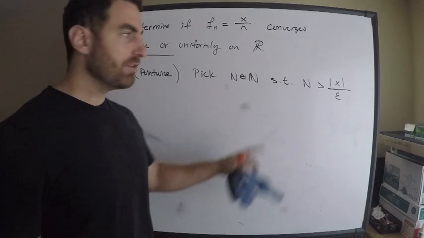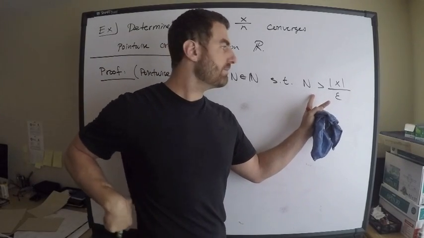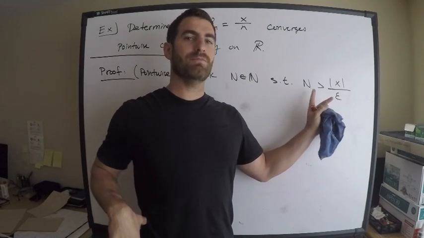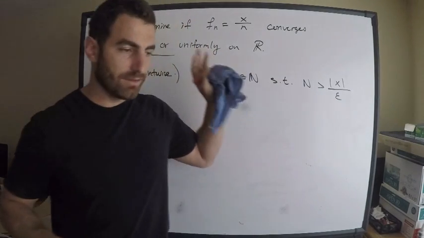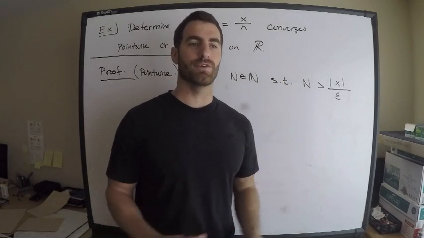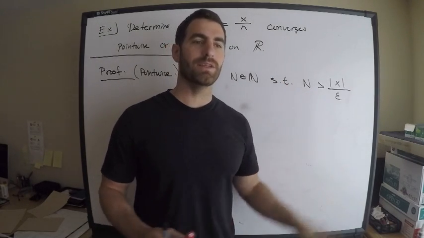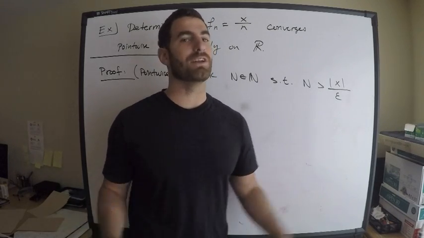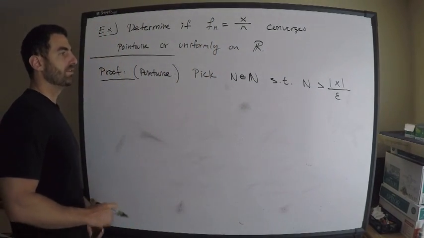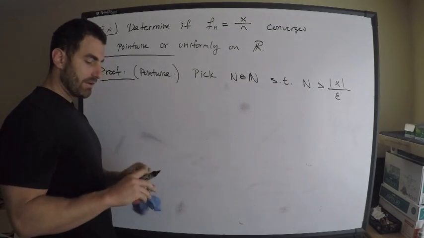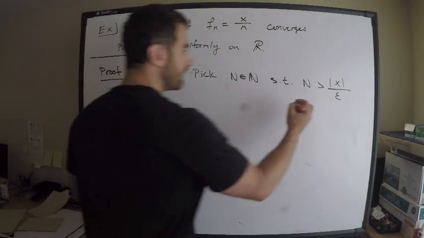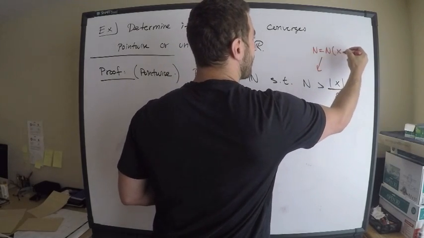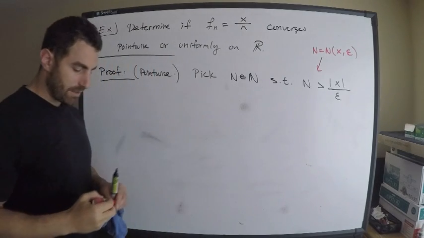So N could be huge, right? N could be enormous. In fact, if epsilon is very small, N could be very large. But it doesn't matter, because it can be not true for a finite number of values. It doesn't matter how big N is. If N is 1,000,000, then little n, as long as it exceeds 1,000,000, and little n is going to infinity, it's still going to be an infinite number of values of little n such that it's true. So this is how I'm picking N. And note that N depends on x and epsilon, right?